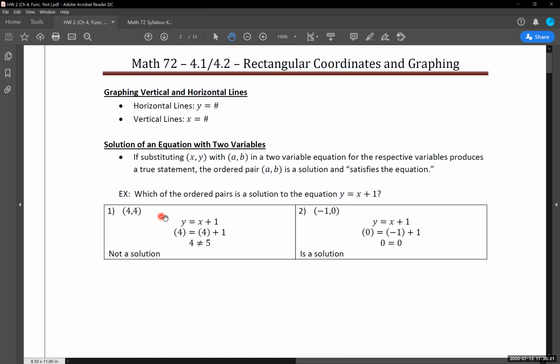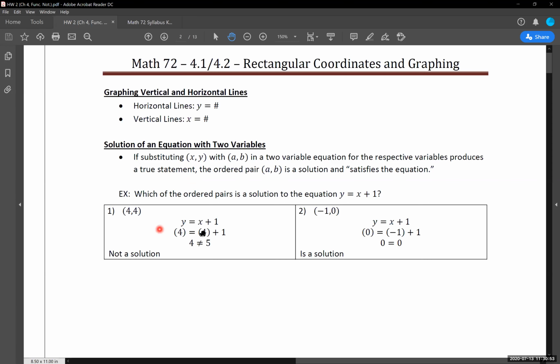We have 2 points that we're working with here, but we're just going to work with them one at a time. So how do we work with this? Okay, I've been given an equation, I've been given a point. Start off by writing the original equation down, just like we have here, and then substituting in each of the values for their respective variable in the problem. Again, it's going to be assumed in these problems on the test and on the homework that the first value is an x value and the second value is the y value.